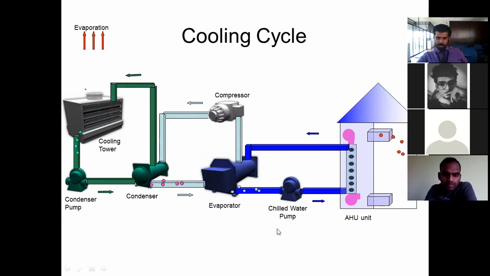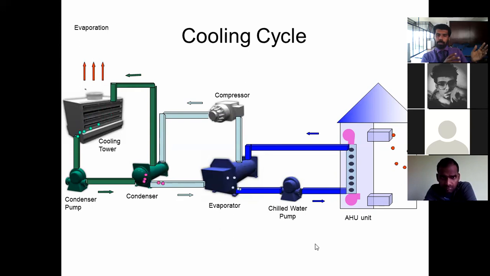This is the chilled water pump and evaporator. Yeah, correct. The warm air from the AHU unit, in order to change its state, goes through the chilled water pump. The chilled water pump is equipment used to supply the water from the chiller to the AHU. It's a medium, using water as a tool to cool the refrigerant, cool the air, right?